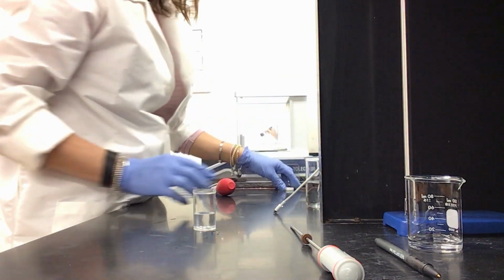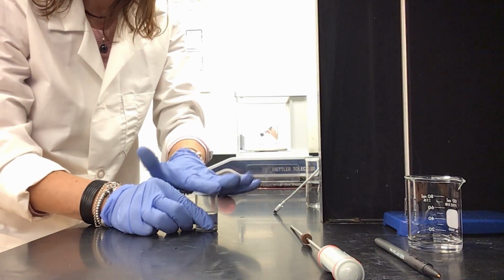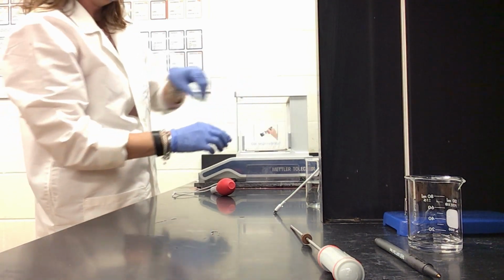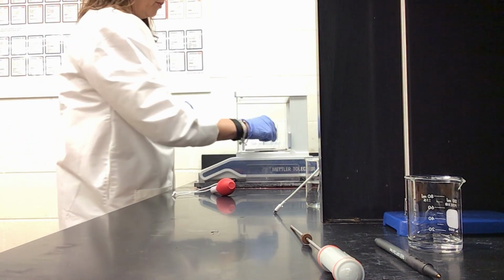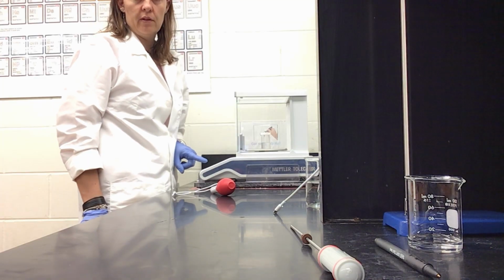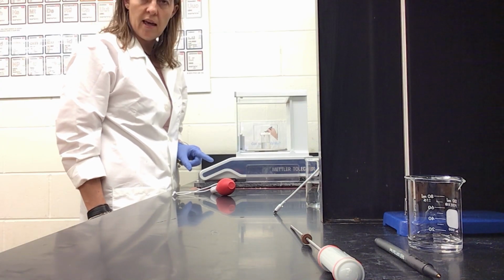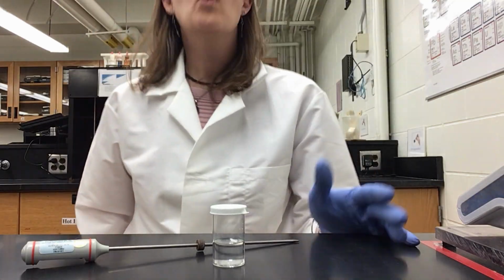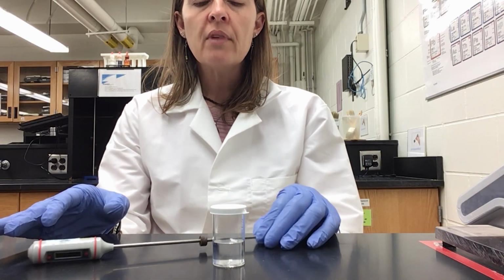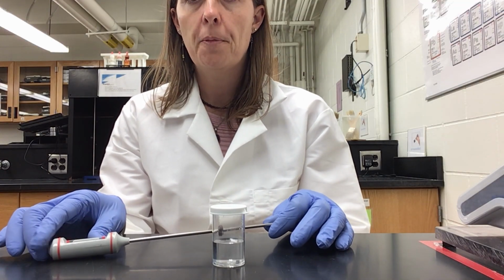So right now I am gonna cap my vial, okay? Slide the door of the scale, put my vial inside, close, and read. And the reading says 16.826. One thing that is really important for this experiment, as outlined in the lab manual, is that you will